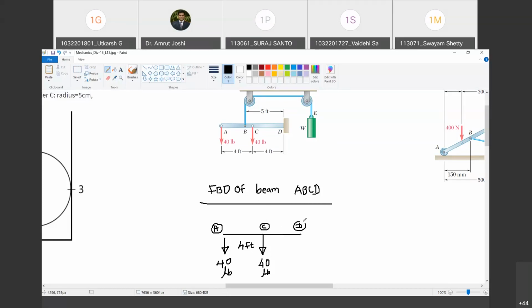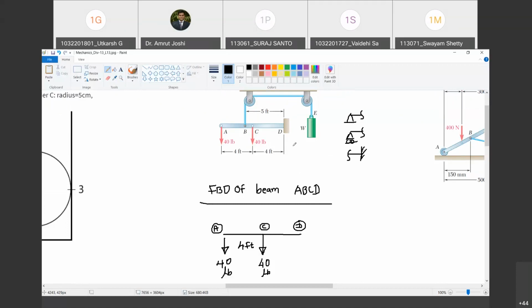Now what kind of support prevails at D? Tell me. Of the support arrangements we have learned, which support is this? Is it a hinge support, roller support or fixed support? Not sure about that. We have discussed supports so elaborately. So how do we show a hinge support? Like this. Do you agree with me? Yes, sir. How do we show a roller support? Like this. Happy? Yes. And how is the fixed support shown? Something like this. Correct. Yes, fixed support it will be then. So is it a fixed support? Yes, sir. Are you with me?